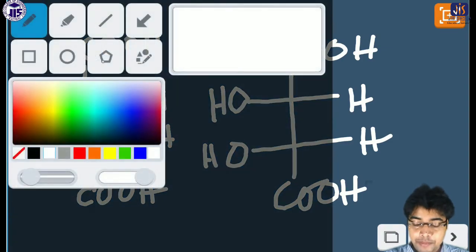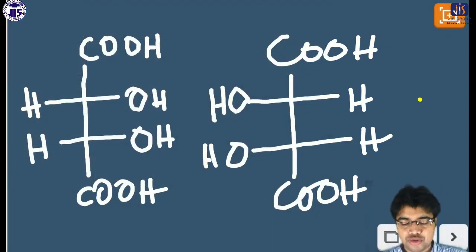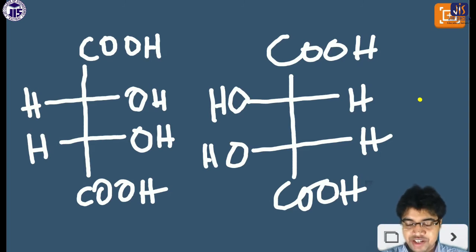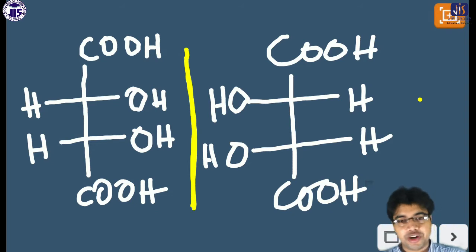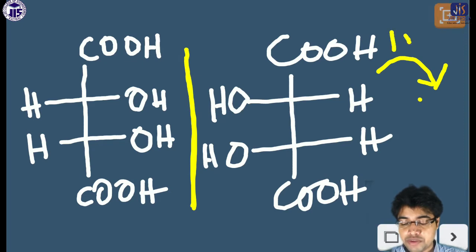Homomer means they are actually the same compound. At a glance it looks like it may be a mirror image relationship, but actually it is not. I told you that if it is a superimposable mirror image, that means it is the homomer. If they are non-superimposable mirror images, that means they are enantiomers. Keep in mind, if it is superimposable, you can rotate the Fischer projection by 180 degrees. That is permitted.